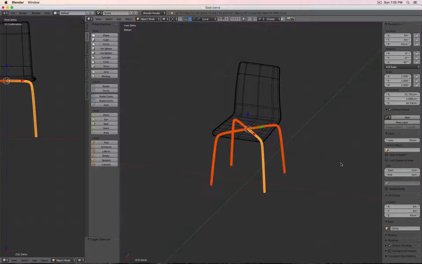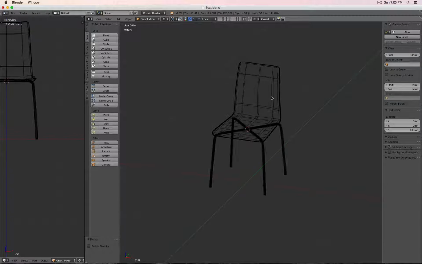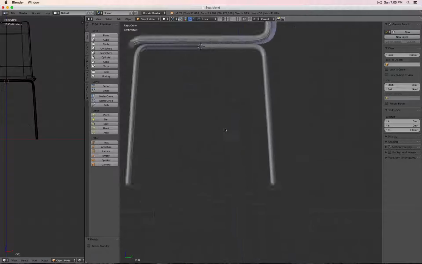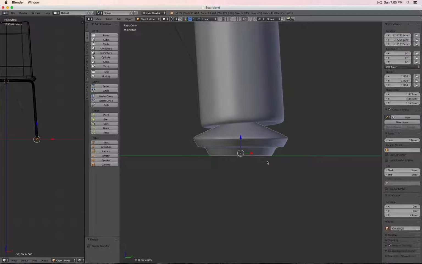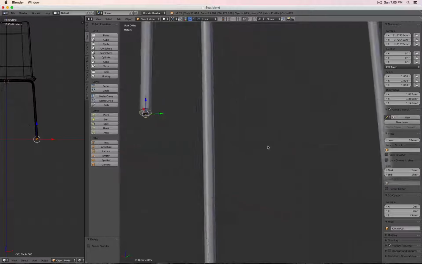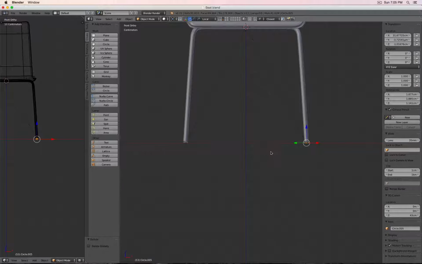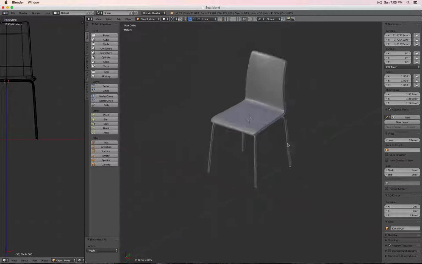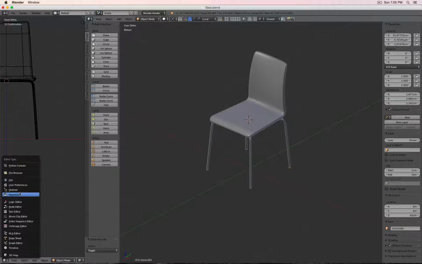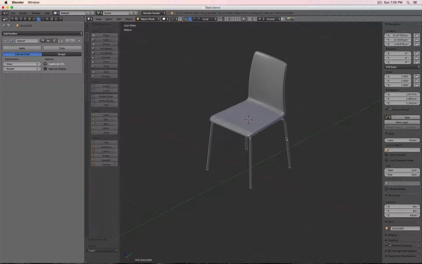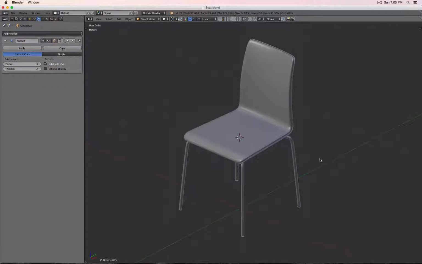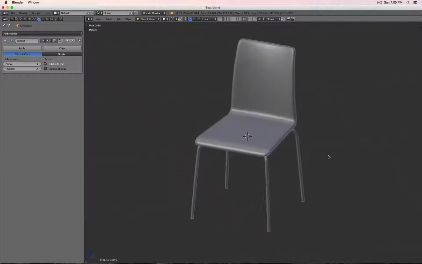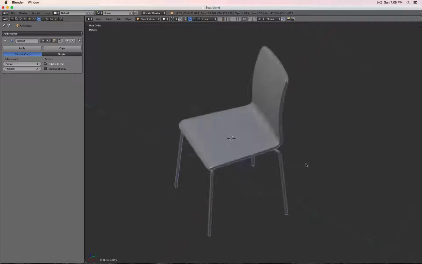So that's pretty much what I did to build those legs. And then, in addition, I added some gliders just for the sake of having those nice finished parts. And yeah, so that's, for example, a very quick way you could create a render model for something which has pipe legs and has an upholstered